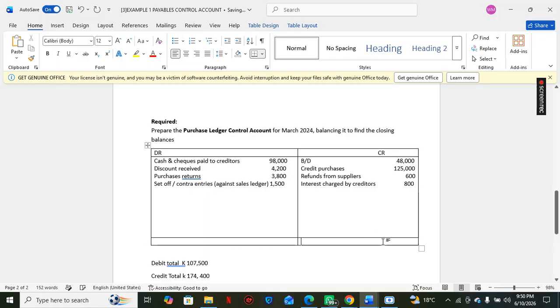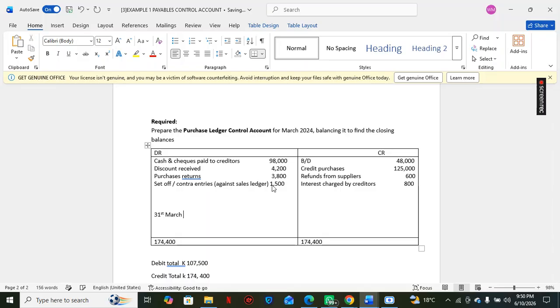So we put 174,400. Then here 174,400. Okay. So since the debit side is lower than the credit side, you're going to say balance brought down, balance carried down. Since this is March, we're going to say on the 31st